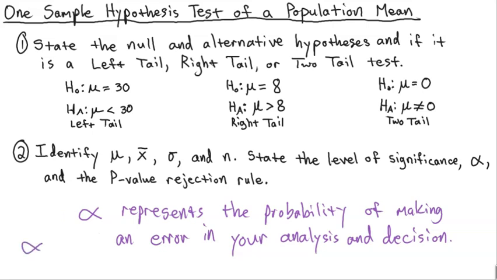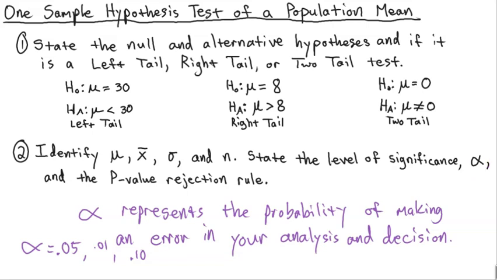So we want alpha to be a small number. And that's why typically alpha winds up being something like 0.05 or 0.01 or 0.10, something reasonably small, because we don't want there to be a very large error in our analysis and in our decision making, okay? We call that alpha the level of significance. So a lot of times in the question, it'll say at the 0.05 level of significance. That just means that alpha is equal to 0.05. And once you've identified the alpha, which is given to you in the problem,